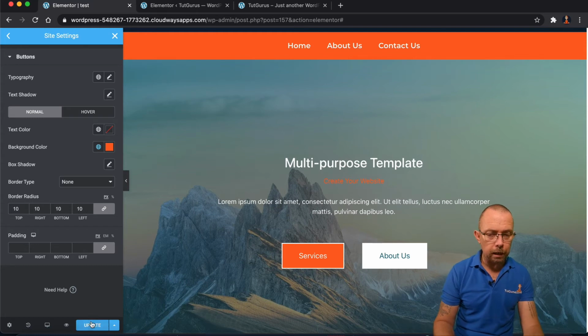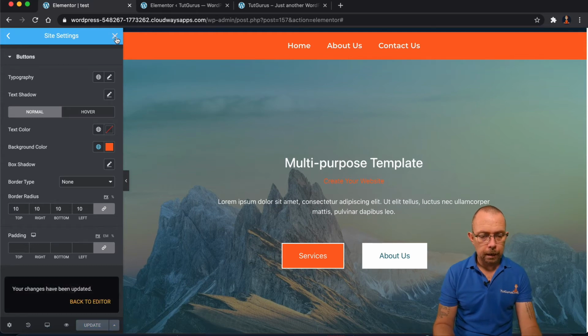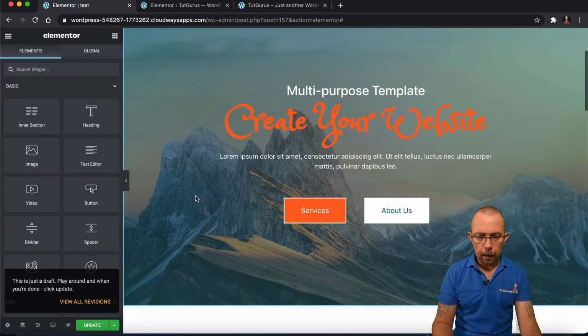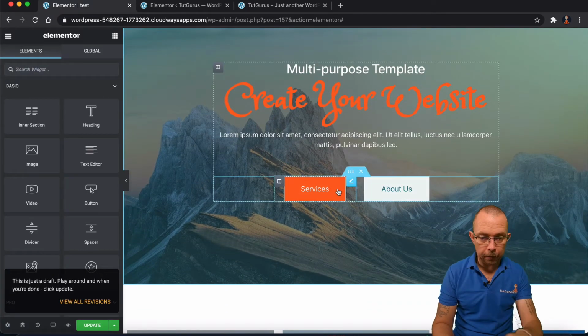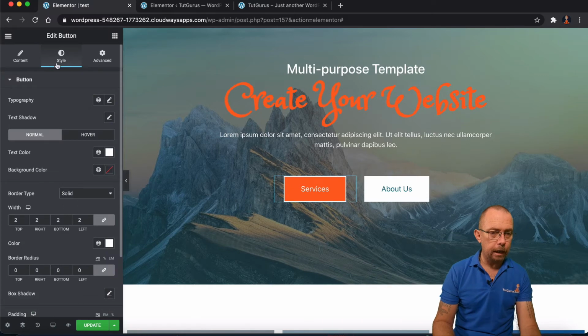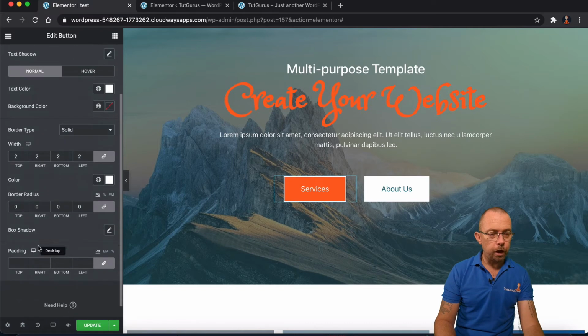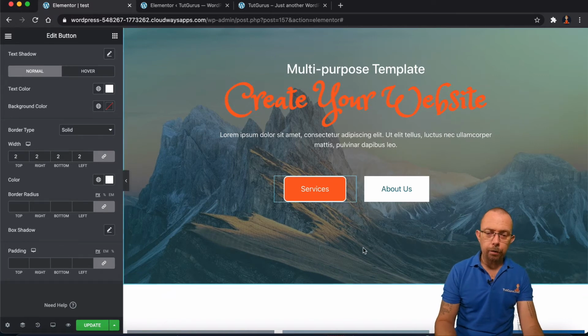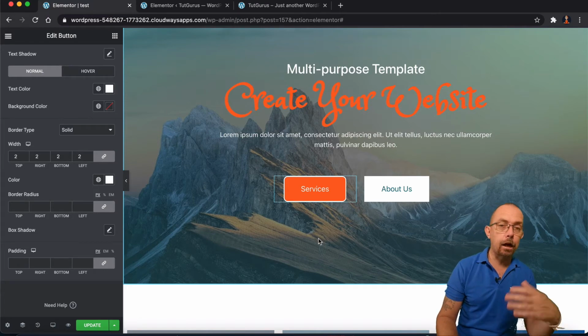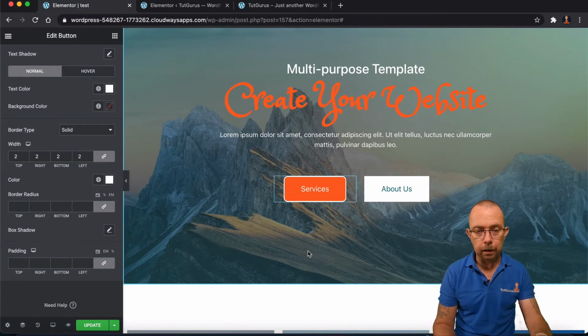So let me just quickly update and let me X out of this beast. And when I come over here, and I click on the button, you'll see when I hover over it, these options are available. And I just want to click on the pencil, the blue and white pencil here, and it will bring me to the style. If it brings you to the content, just come across to the style. And you'll notice that I have a default value of 0, border radius 0. So if I delete this out, you'll now notice that it has these round edges. Now these round edges are applied from that global button, from the buttons section inside of the site settings.